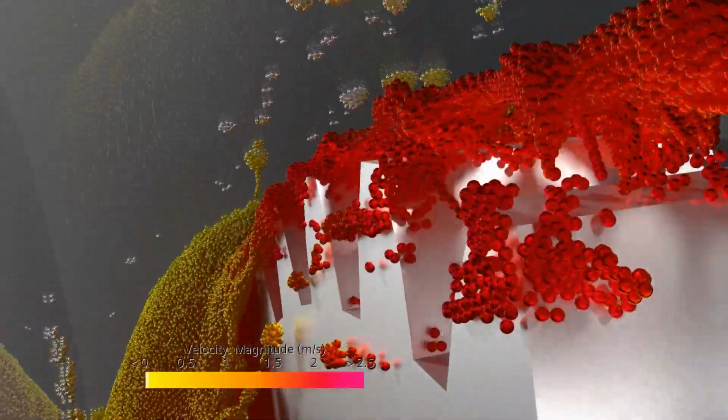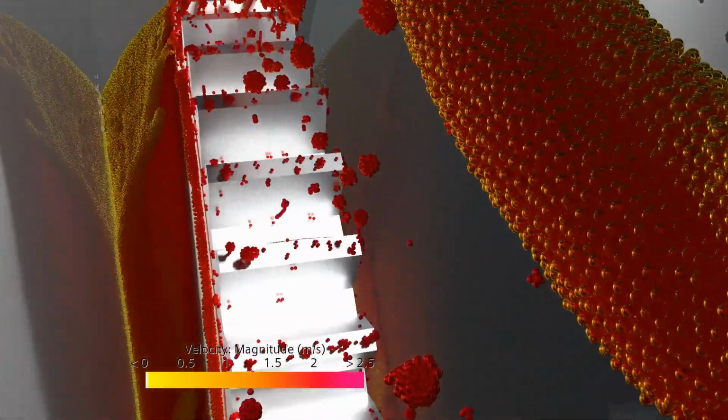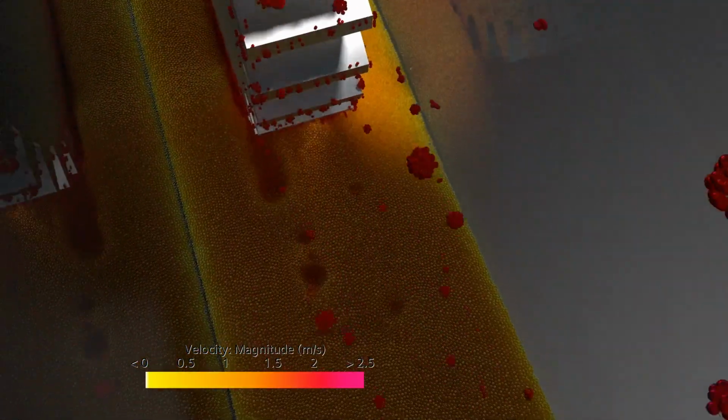And another really interesting functionality is the fact that our smooth particle hydrodynamics solver can now be run on GPU hardware. That's been a really nice functionality because that was only fully integrated into Star CCM Plus in 2402, and already we're able to take advantage of GPU hardware only a couple of releases later.